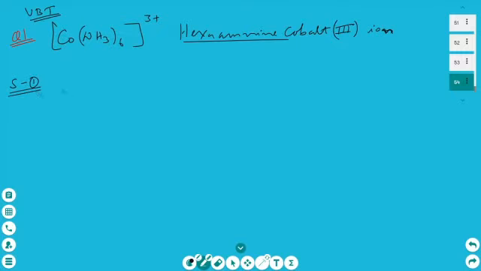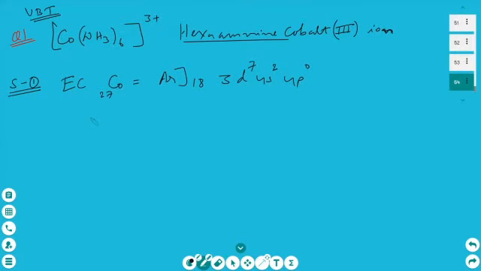Step 1, first you have to find out the electronic configuration of the central atom. The central atom is cobalt. You know that atomic number is 27. So electronic configuration, if I write argon as the noble gas 18, then you have 3d, 4s, and 4p. This is outermost, so 3d7, 4s2, and 4p0. 4p I have just written. You will get to know why I have written.